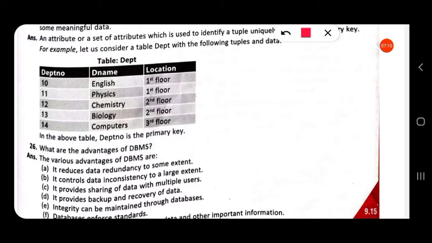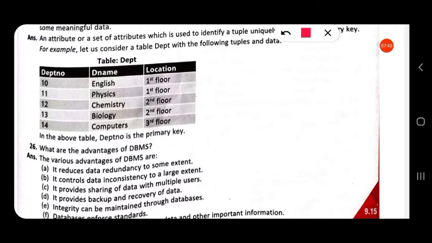So a primary key is an attribute or set of attributes that uniquely identifies a particular row. Here we have a table named department. It contains three columns: department number, department name, that is D name, and location. So DEPT number represents department number, D name represents department name, and location represents which floor.